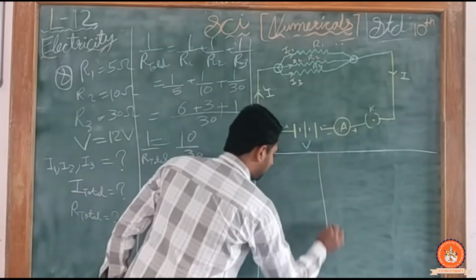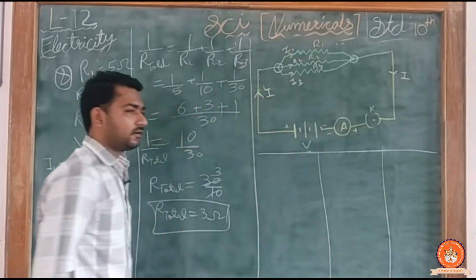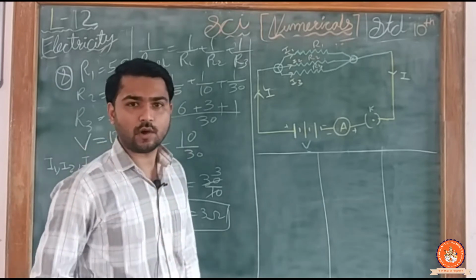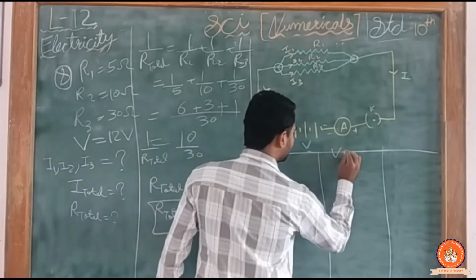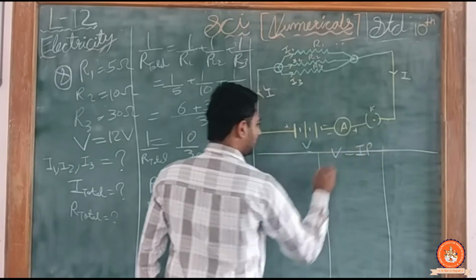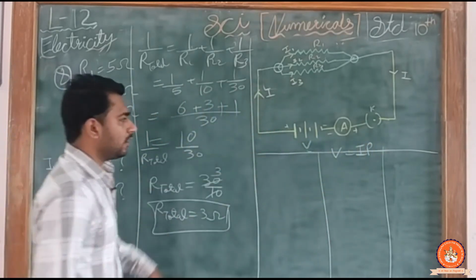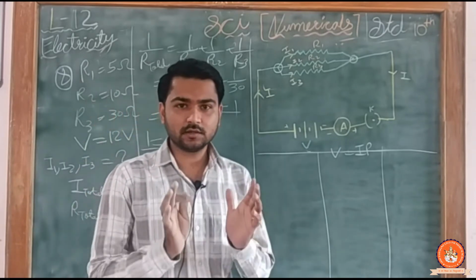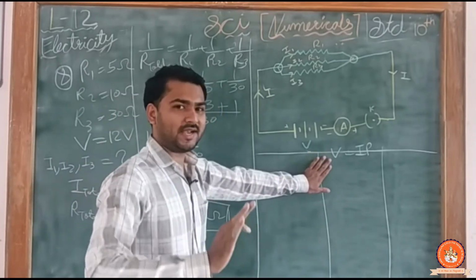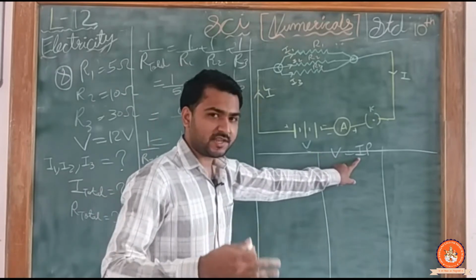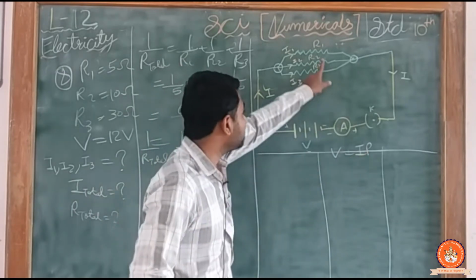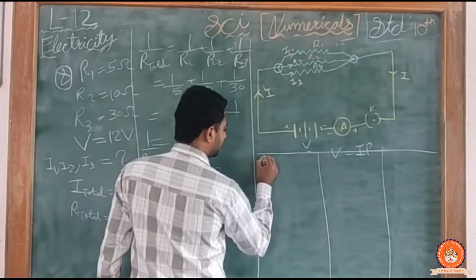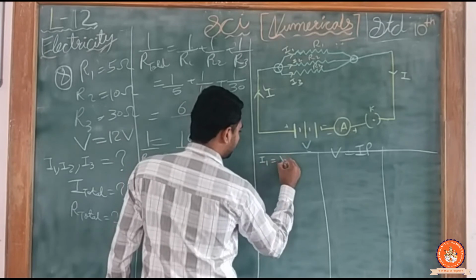So one by one we will do it here. As we know, to find the value of I, we have the formula of Ohm's law, that is V is equal to IR. Okay, to find the value of I1, we have the voltage in a parallel circuit. The total voltage will remain constant. So I will not do anything with the voltage. Current will be changed, that means I1, and the resistance is changed, that is R1. So I have to find the current. So I1 is equal to V by R1.